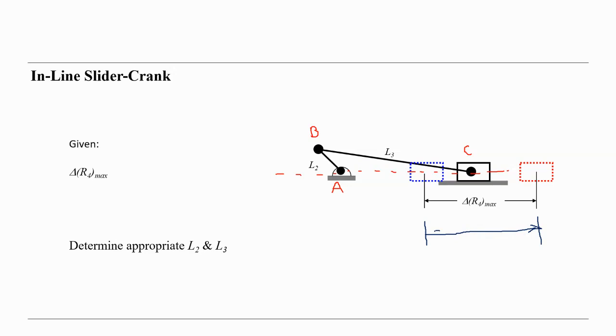So this stroke length must be given, like delta R phi here, maximum. This is given. Okay, if we have to create such a linear motion,